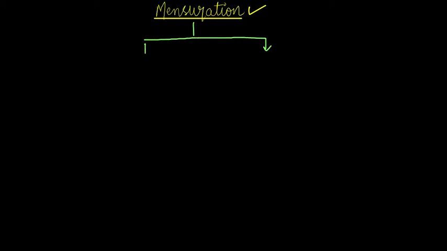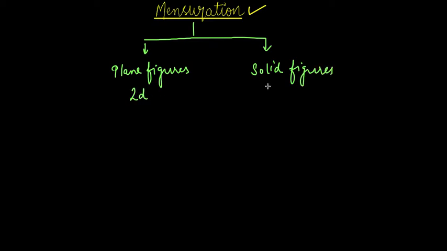In today's session, I will be explaining the concept and formulas which we are going to use in the first exercise of mensuration. So let's understand how many types of figures we have, and what formulas we are going to use in mensuration in grade 8. We know that in mensuration we study two kinds of figures, right? We study the plane figures and we study the solid figures also, right? So plane figures are basically your 2D figures and solid figures are basically your 3D figures.